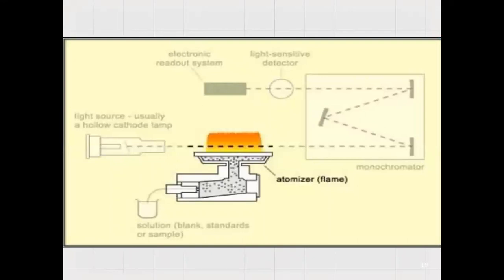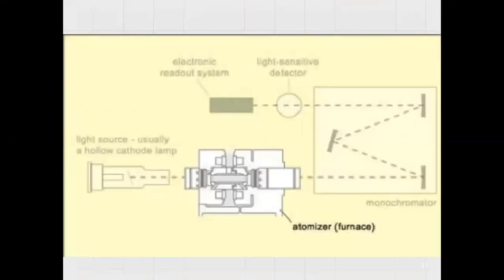We mix many gases and fuel and take it to the flame, where it is atomized, which we call the atomizer. Nebulizer is also called the same. So the atomizer is basically a furnace which contains a mix of gases, just like a carburetor where fuel is mixed with various gases and then combusted. So this is how the atomizer works.